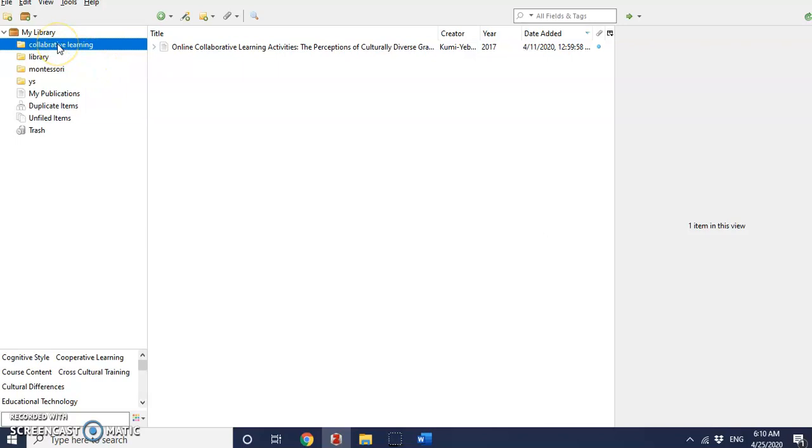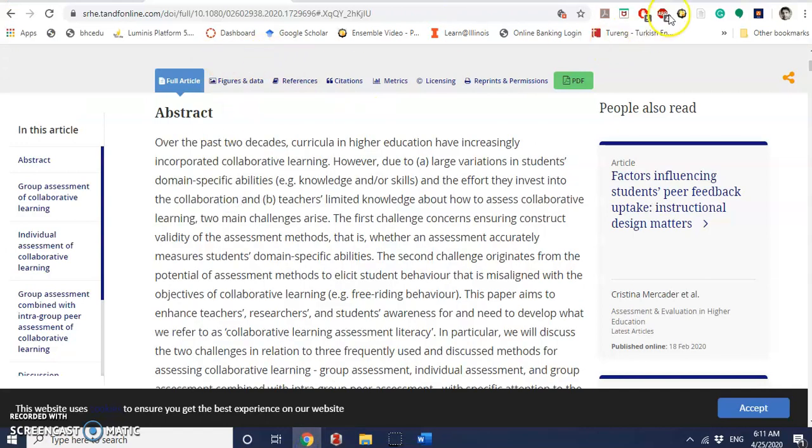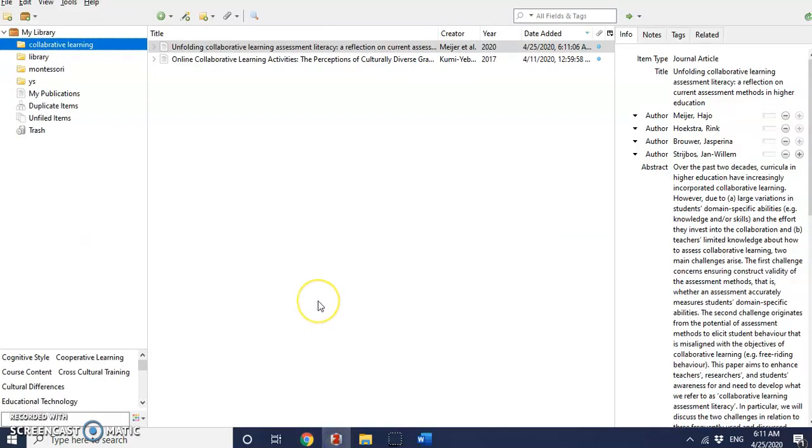If you select that specific folder and do your search on that, anytime you save a document, it will go directly to that collaborative learning folder, or you can select from here if you don't want to have them there. So it's a cool software, and I've been using this for maybe more than 10 years, and it was so helpful for me